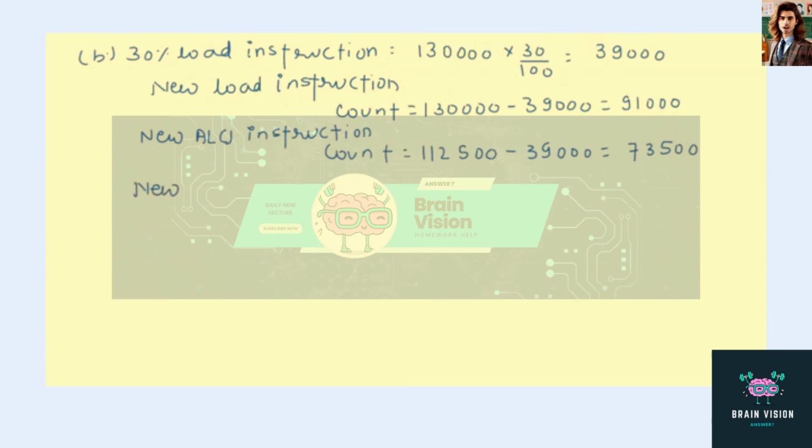Then I have to find the newly added instruction count. So this will be equal to 39,000 only. Now if you find the total clock in this case, it will be 75,000 multiplied with 6, then we have